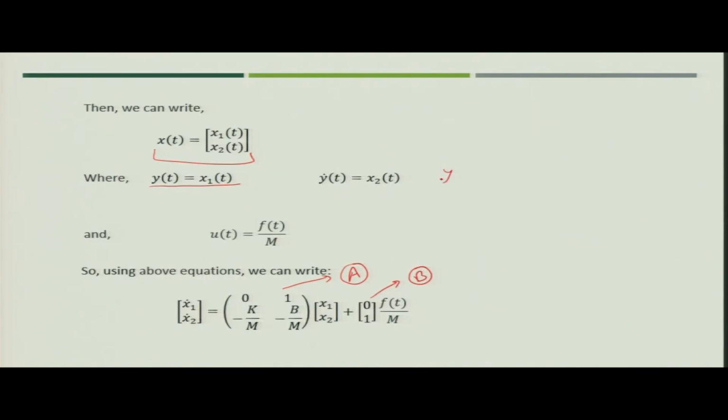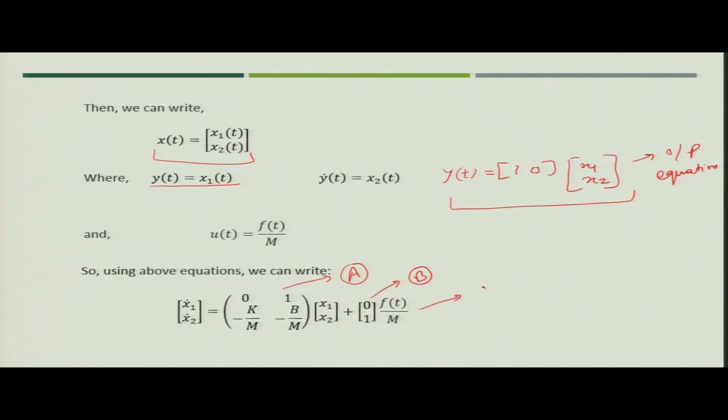So, you can also write y(t) is equal to, since x1 is there, 1 0 into x1 x2, plus you do not have any input force as part of the equation. So, the other D portion will remain 0. So, we will write only up to this, that is y(t) is equal to 1 0 x1 x2. So, this you have got as output equation,